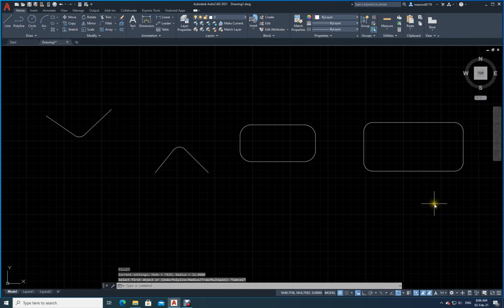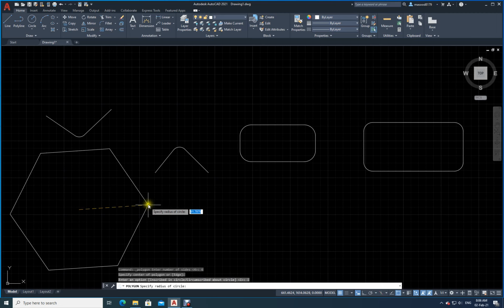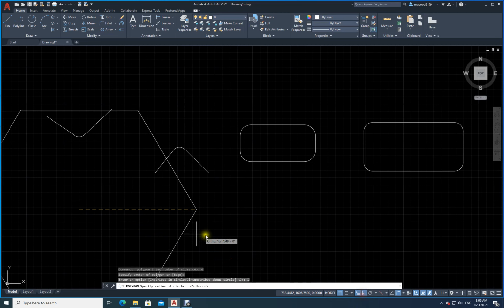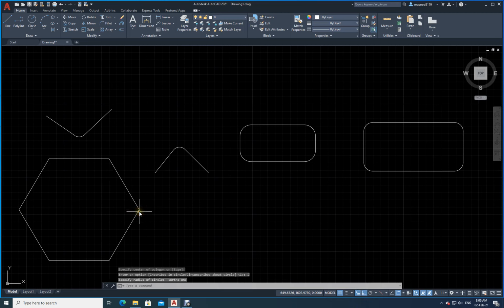Now see, for example, let me take a hexagon. Okay, let me just go here. I will launch the polygon command, which you have already learned in your previous YouTube videos. Now let me select the number of sides. Number of sides is 6 for hexagon. And now let me select the center of the polygon somewhere over here. I want to inscribe. Okay, now let me just put ortho on. Let me put some radius. Okay, now I have got a hexagon.